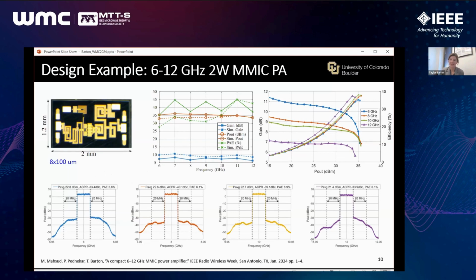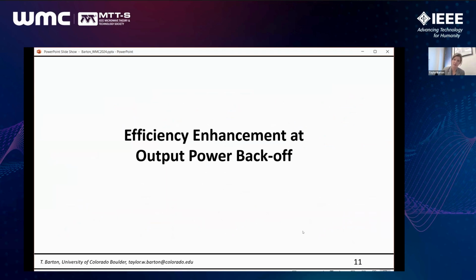So that's one technique, and then what I'd like to do is keep that in mind. So we're going to model this behavior of the device. But what's not shown here is any kind of efficiency enhancement, which is actually the major topic of this presentation. So remember that the device is very unfriendly from a bandwidth perspective when we're thinking about reactive matching. And then we're going to add another degree of complexity to this by wanting efficiency enhancement over output